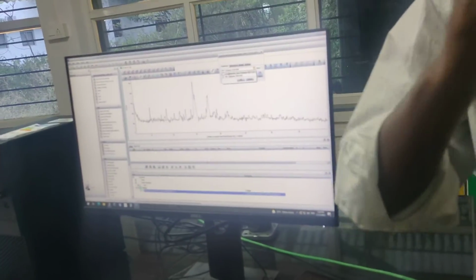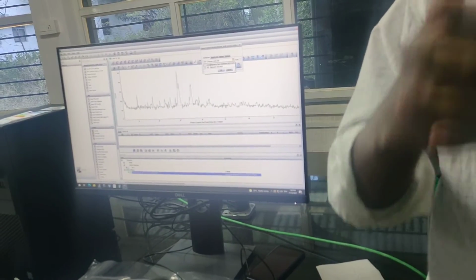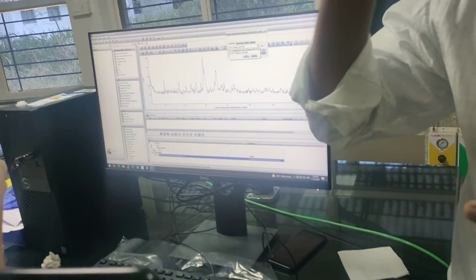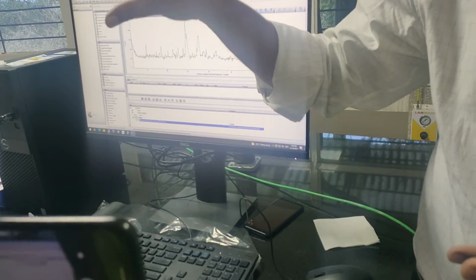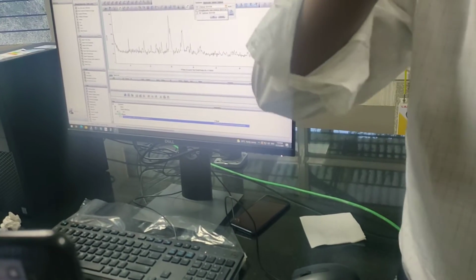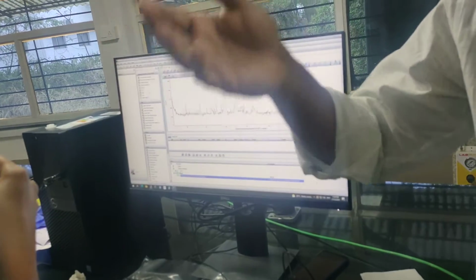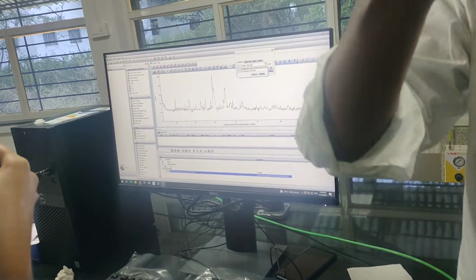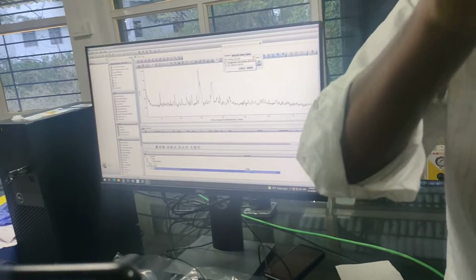The ICDD database is more authentic because it is not free. The crystallography open database is a free database, so XRD patterns, both good and bad, will be there in the database. We cannot differentiate which is good and which is bad. But in the case of the ICDD database, we can separate which is a good XRD pattern and which is a bad one. A database is nothing but you are sending XRD, I am sending XRD. Maybe we three are sending XRD for sodium chloride. You guys might be sending a very good XRD pattern. I am stupid, I don't know anything, so I send a bad XRD pattern.